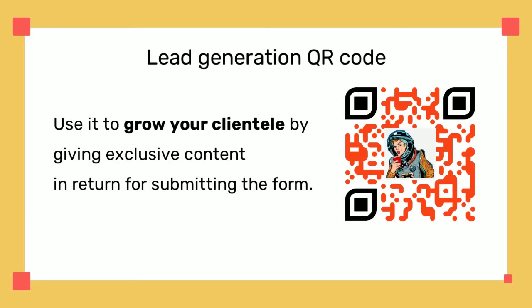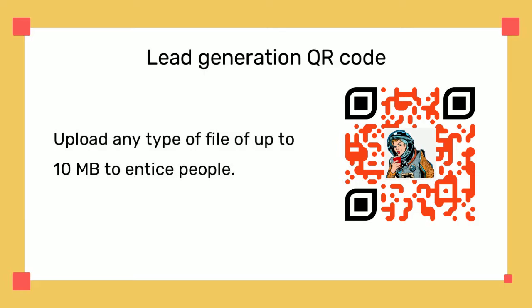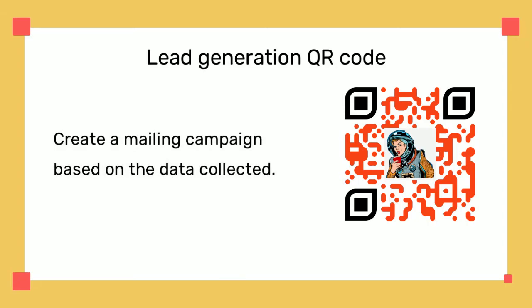Basically, a lead generation QR code requests the name and email of the person who scans it. In return, they can access a special content in the form of a file. You can upload a catalog, a coupon, a sneak peek, or whatever you want to entice people to provide their information. You can then put that information into good use by creating a mailing campaign to keep updated the people